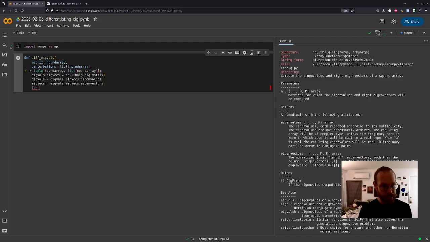Now we'll just write this with dumb for loops right now. I think eventually we would probably want this code to be more performant than Python loops would give us, and we could use NumPy einsum or stuff, but to make sure that we have correctness before fastness, let's do a Python for loop. So for perturbation in perturbations,